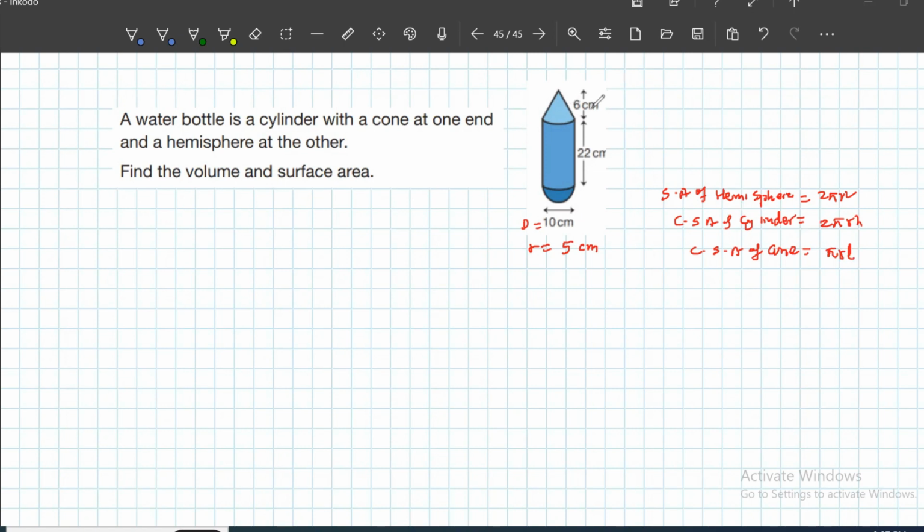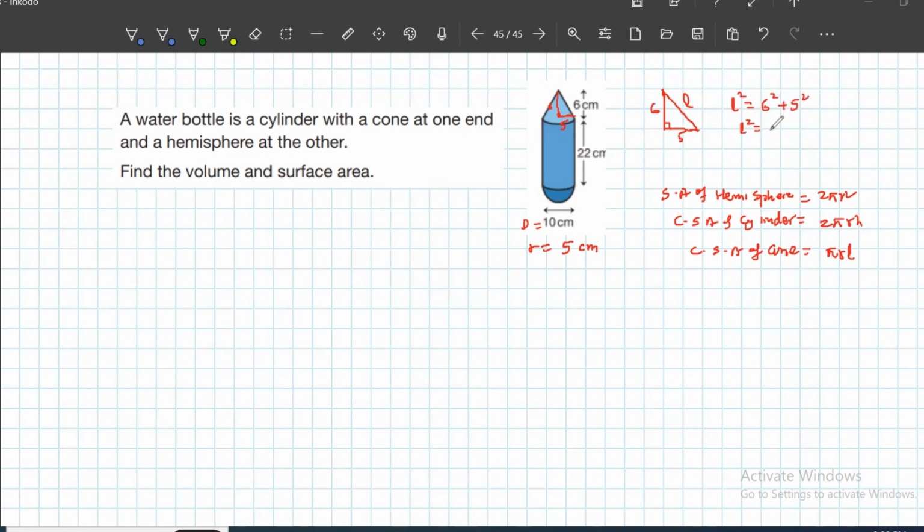Remember that this 6 represents the height. So we need to find the slant height. For example, you draw one line from here, and this is the center to the end. We know the radius is 5, and the height is 6. Like this type of shape, we are looking for the longest side, which is l. This side is 5, this side is 6. Apply Pythagoras theorem: the longest side, l square equals 6 square plus 5 square,